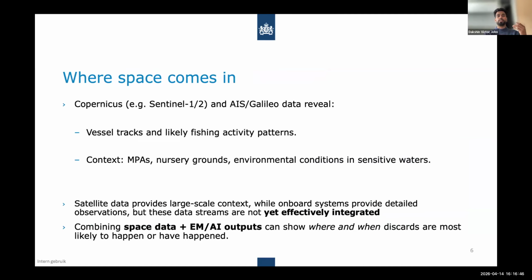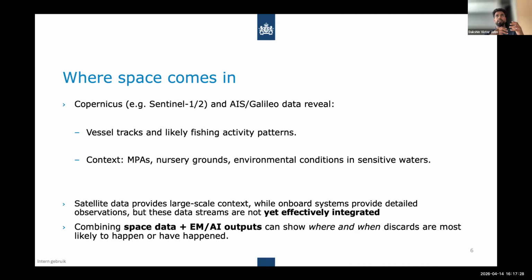And in our minds, we decided to use the Sentinel-1 or 2 Copernicus with AIS together to look at vessel tracking, and also in the context of where exactly have they been doing this fishing. Is it near MPAs, protected areas? Is it near nursery grounds? What sort of conditions were there at that moment when the discards could have happened? Is there a particular spot that they would probably choose to discard? What are the parameters, or the factors, that make discards desirable in that particular area? So you could use Copernicus and satellite data